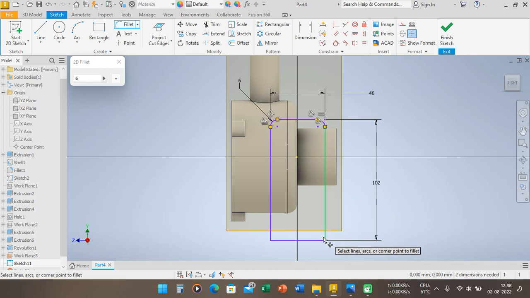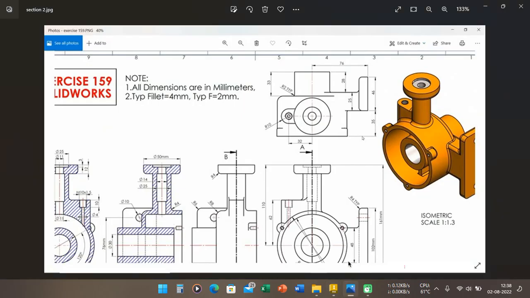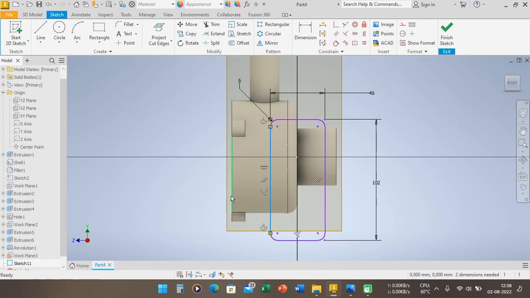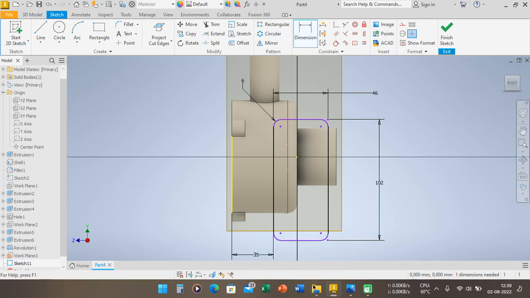Click the corner of this gap. Okay. Okay, we can try again. Okay, after that we can define here, and the distance from this face until this face is 35 millimeter. Here to here we can dimension here. You can try again. Here to here is 35 millimeter, and then